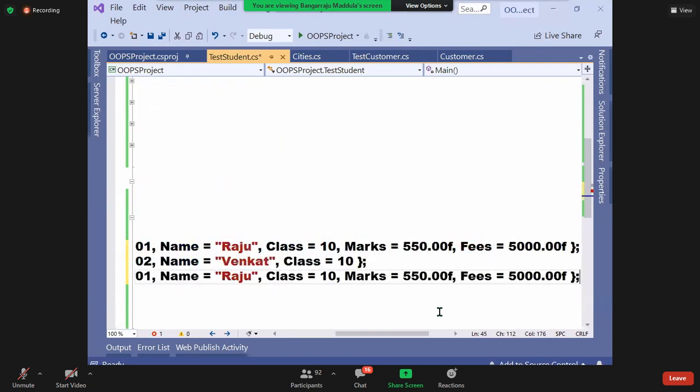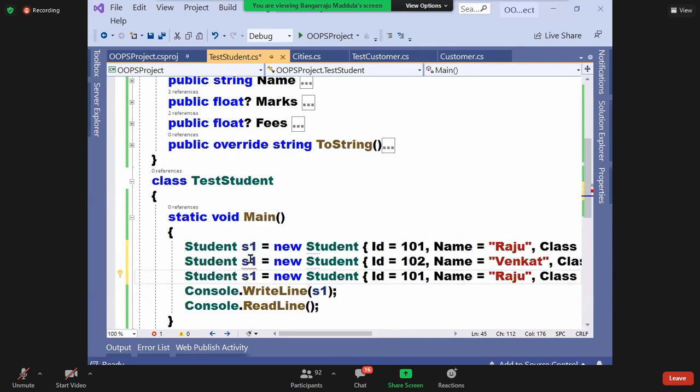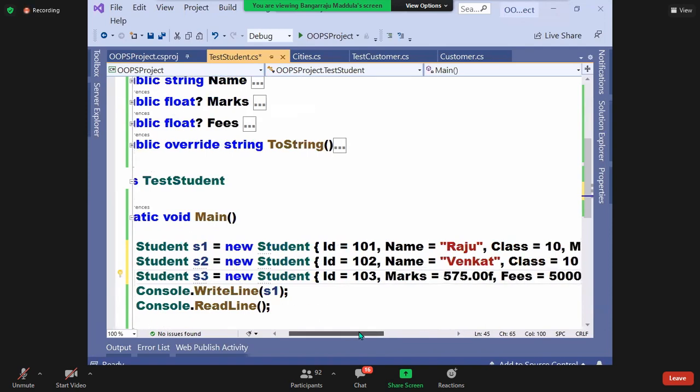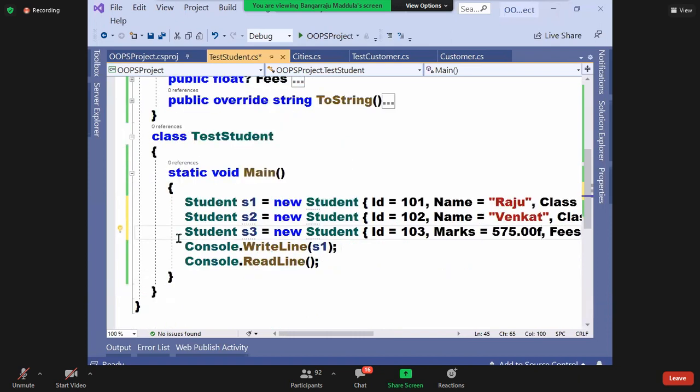Another example, see. I'm going to create one more instance with ID, marks and fees. ID, marks and fees.